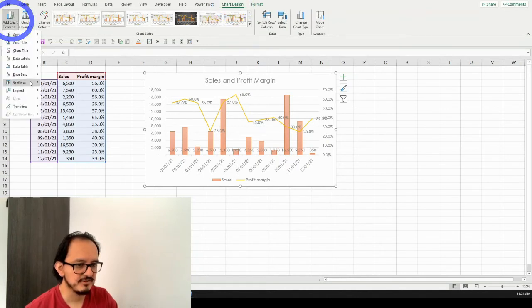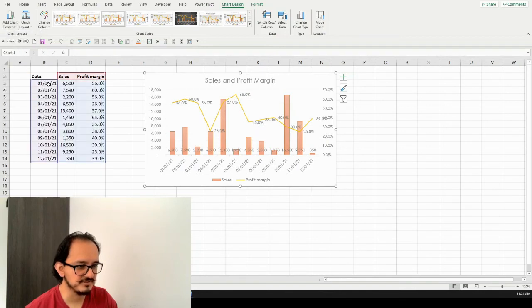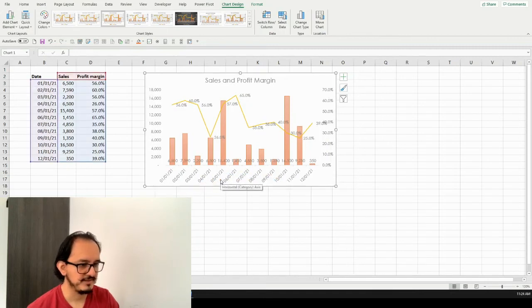And as we did before, I want to go back to the chart design and I'm gonna change the grid lines because I don't like to see them in here. So I'm gonna click in here again to uncheck this primary major horizontal. Now the next thing that I want to do is that I don't want this legend over here. In fact, I don't want it anywhere. So I'm just gonna delete it. So I'm gonna click in here and I'm gonna hit the delete button